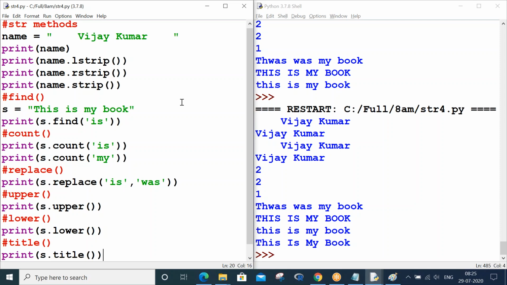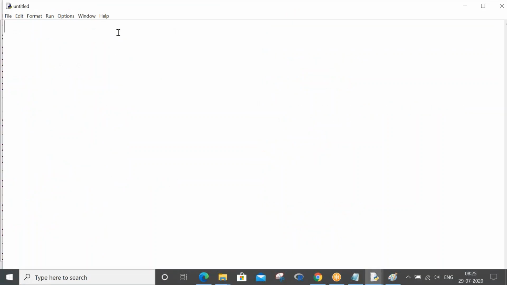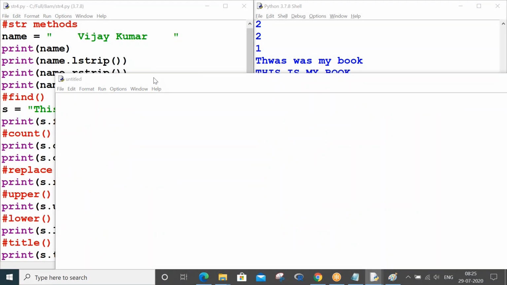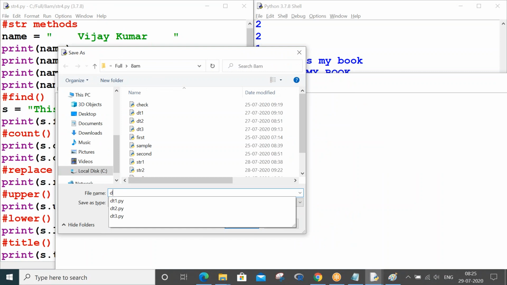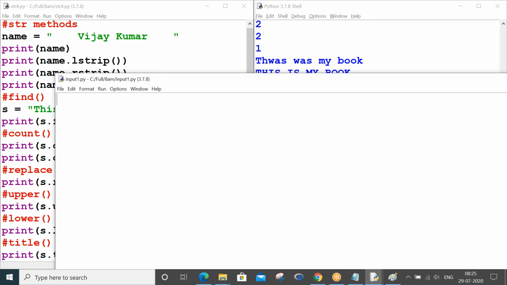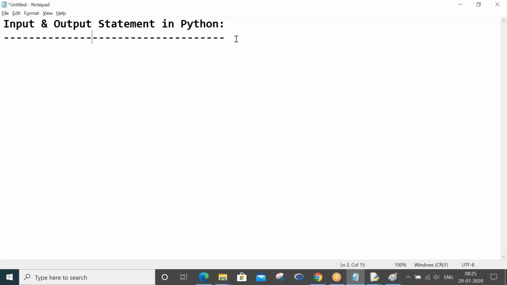In C we should type each program separately, but in Python how so? Varshita, I will show, no need to worry. That's what we have been seeing: str.py is the new program. Now let me proceed to another program. Just press control N, it will give a new file, untitled. Control S. No more str, we have started input statement, so input1, and .py it will take automatically. So this is another file. Likewise, you can create multiple files. Anyway, let me proceed with input and output statements.